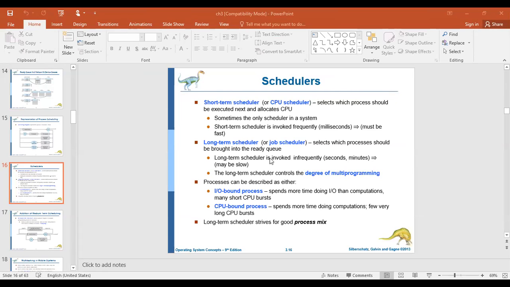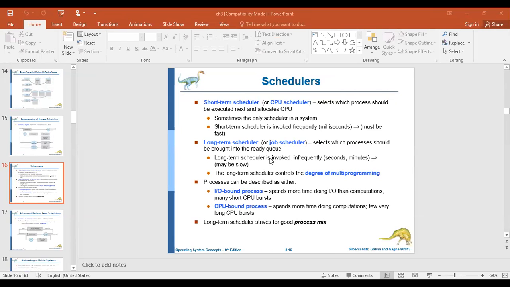So a process can be described as either an IO bound process or a CPU bound process. This is a very important point which everybody has to understand. An IO bound process spends more time doing IO than computation, with many short CPU bursts.